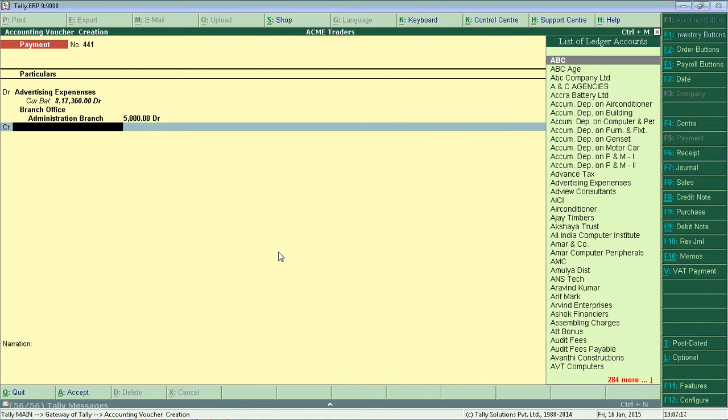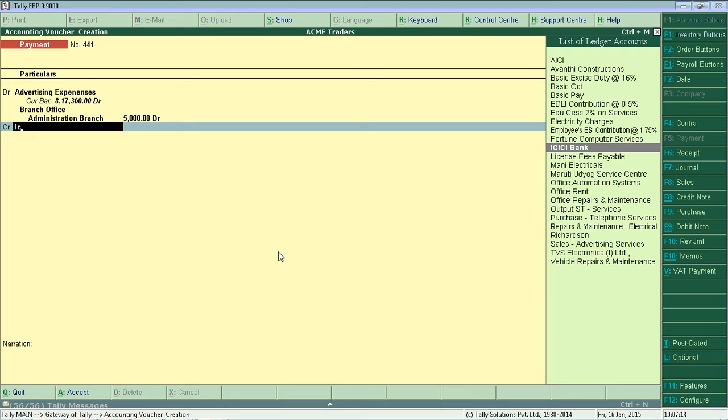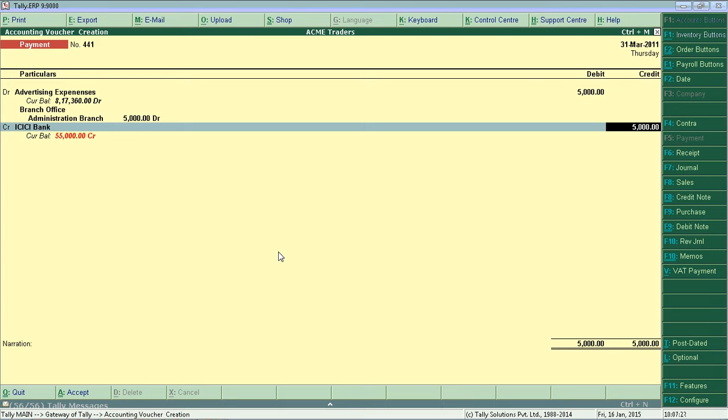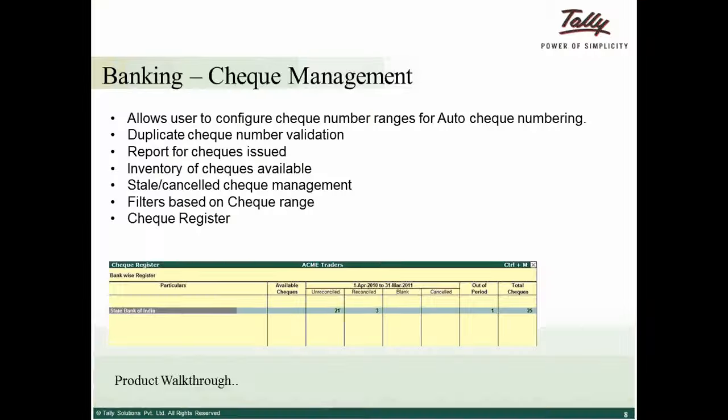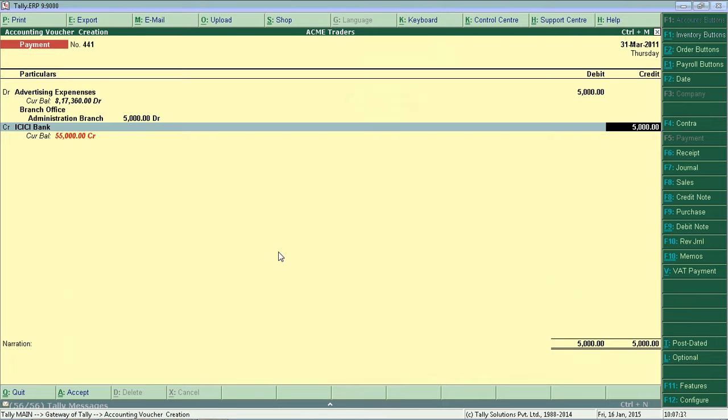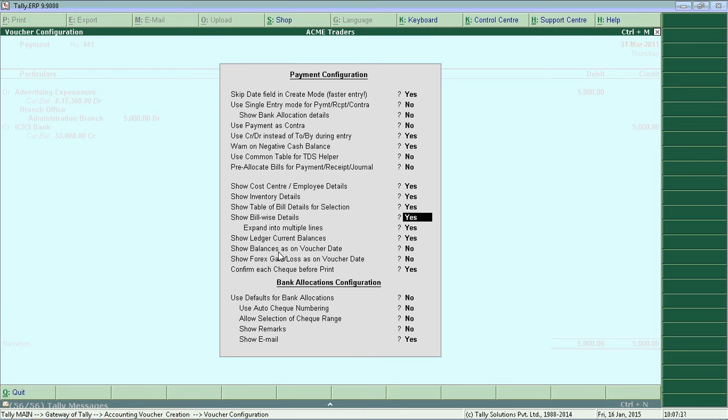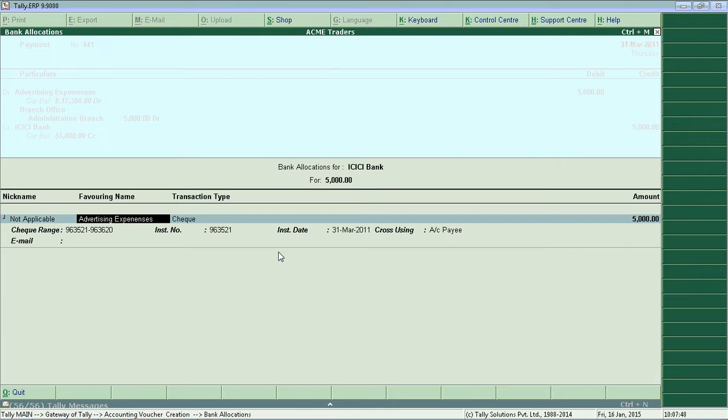Then I'll select bank, ICICI Bank. Before this, with regard to cheque range, there is an option in Tally which you need to enable, which is in F12. Under banking allocation configuration, use auto cheque numbering should be yes. Allow selection of cheque range needs to be yes. Then once you press enter, now you can see